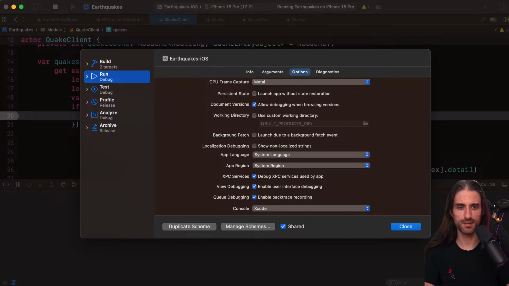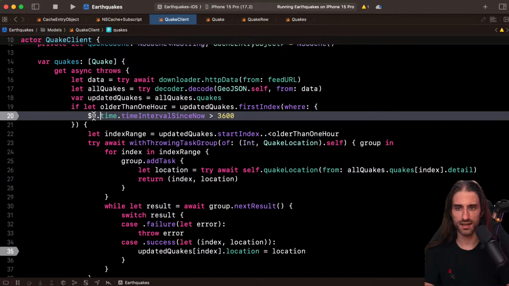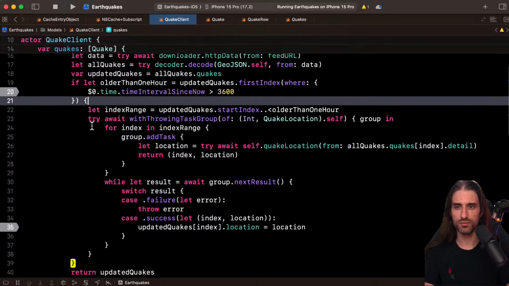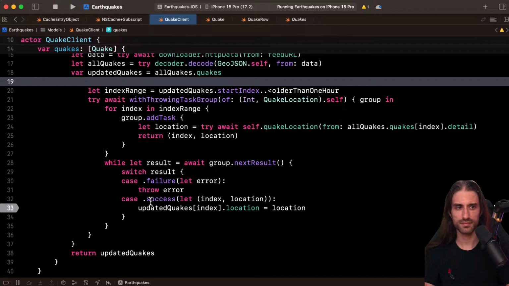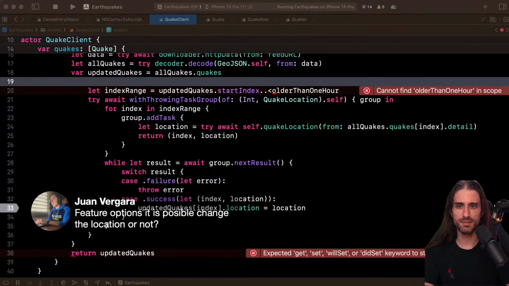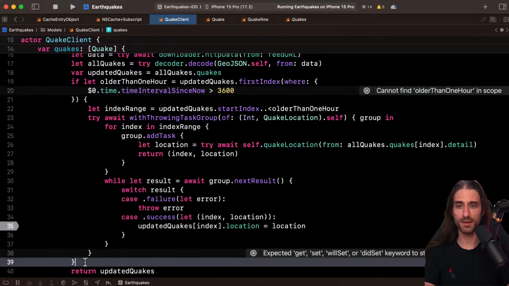So I go back to system region, and I'm actually gonna remove the if let here. So is it possible to change location? Yeah, you can change location, but it's not really the location. The problem is the time zone, actually, because you could have a location where you're in the US, but still have your phone configured to be in the European time zone, for instance.